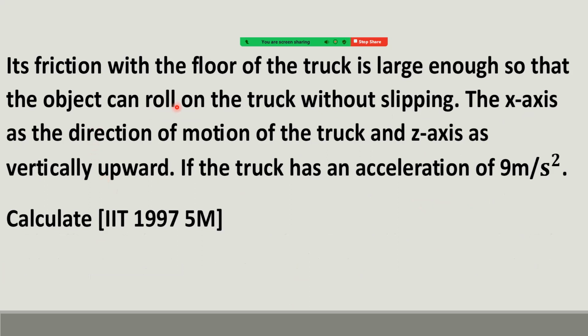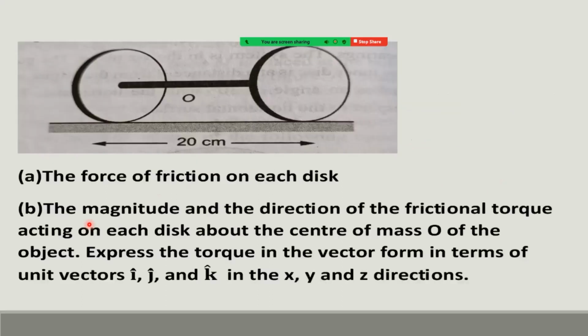Its friction with the floor of the truck is large enough so that the object can roll on the truck without slipping. Take the x-axis as the direction of motion of the truck and z-axis as vertically upward. If the truck has an acceleration of 9 meter per second square, calculate